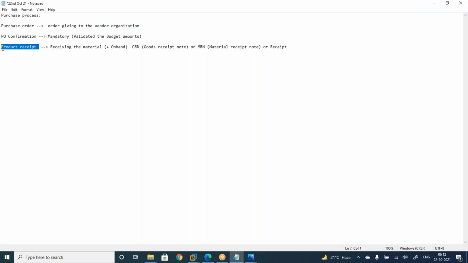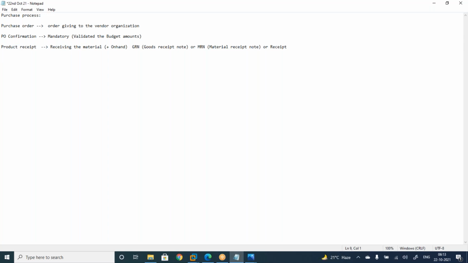If business people say MRN is not working, you need to understand they are doing product receipt and they have some problems at the time of product receipt. So in the system it is product receipt, but the alternative names are goods receipt note GRN, material receipt note MRN, or receipt. During this product receipt, on hand inventory will be increased.